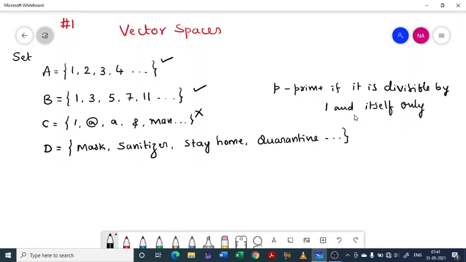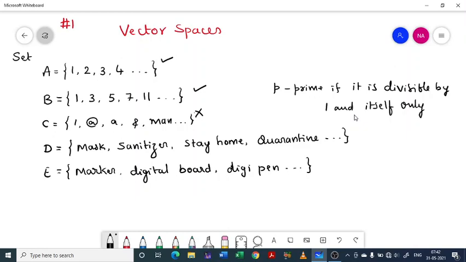And our favorite: marker, digital board, that's what we are using right now, digital pen, DigiPen, etc. This will be a set of things used for online classes, that is, writing needs or teaching needs for online classes. So definitely this forms a set.